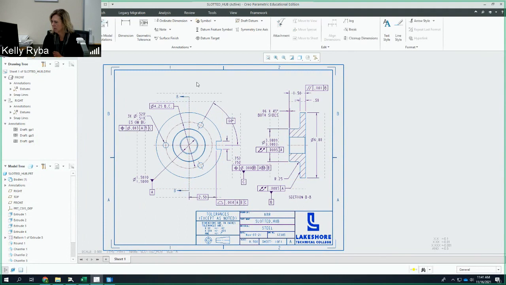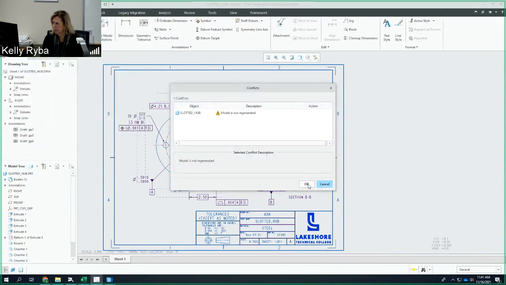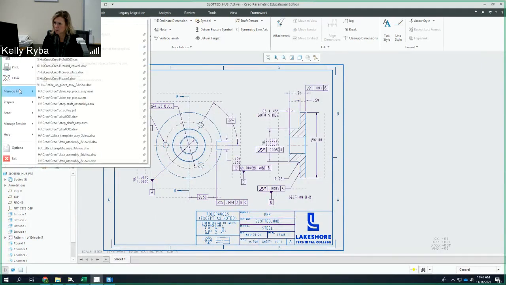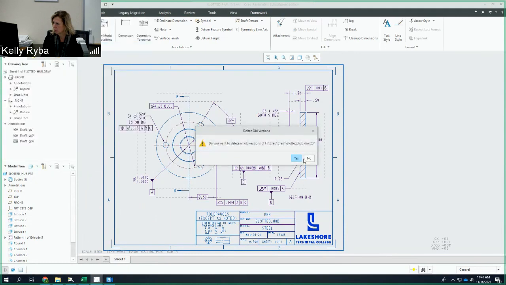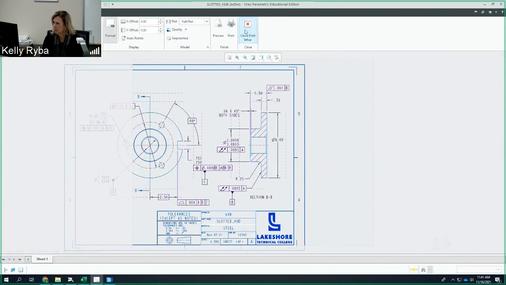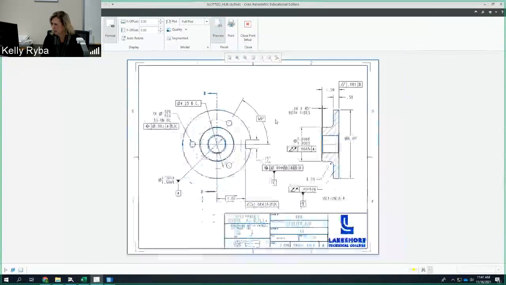That one looks okay. All right. So I'm going to go to File, Save. This will be my last save. It'll regenerate. File, and then I'm going to go to Manage Files, Delete Old Versions. Yes. Then I'm going to go to Print, and I'm going to do a preview